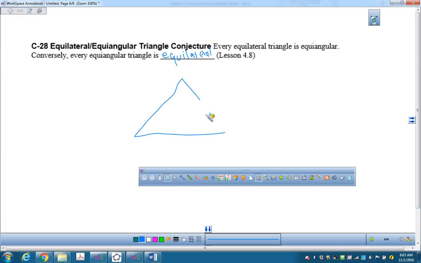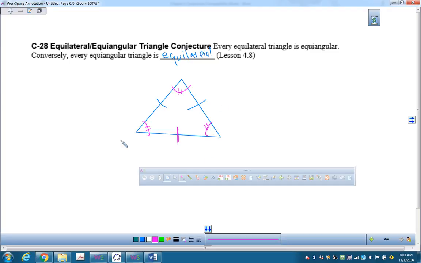And the way, that's really bad. Oh, look at that, it worked. If 2 of these sides are congruent, what's got to be true about these 2 angles down here? These are congruent, right? If it's equilateral, what has to be true about this side and this side? They're equal as well, right? So what would have to be true about this angle and this angle up here? They're also congruent, right? So if I call this A, B, and C,